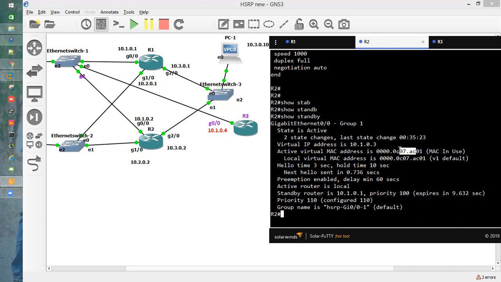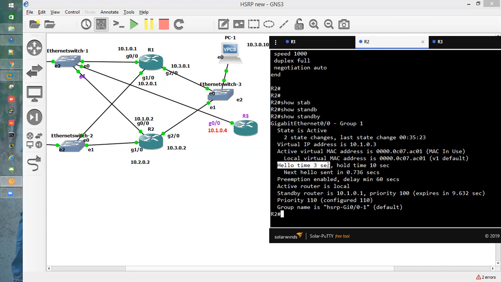Whenever you run HSRP on a router, the 7th, 8th, 9th, and 10th digits are going to be 07AC. And 01 is the HSRP group number which you have configured on your routers, because I have configured group number 1 on the three routers. That is the reason we can see group 01 here.